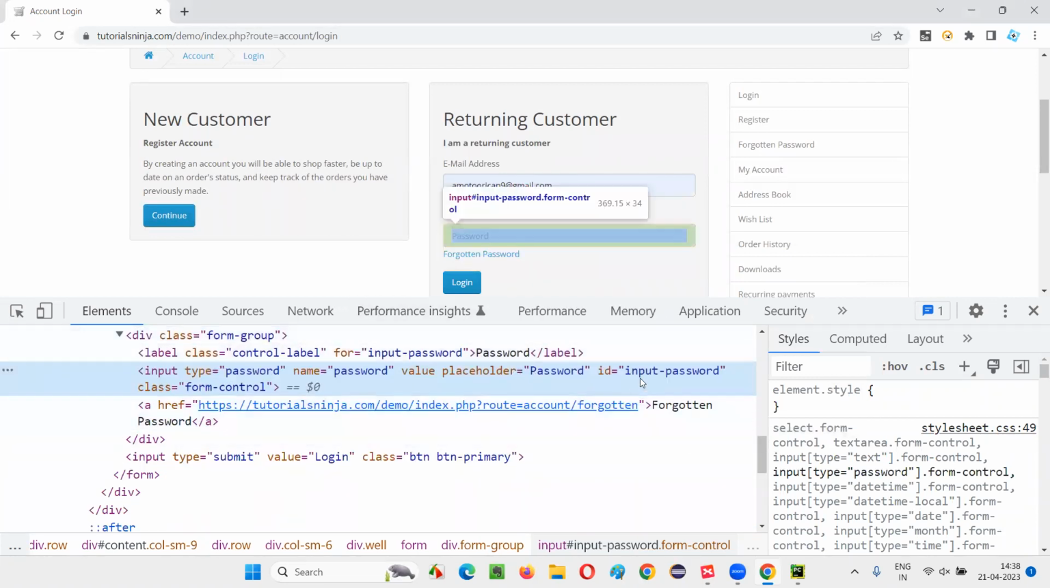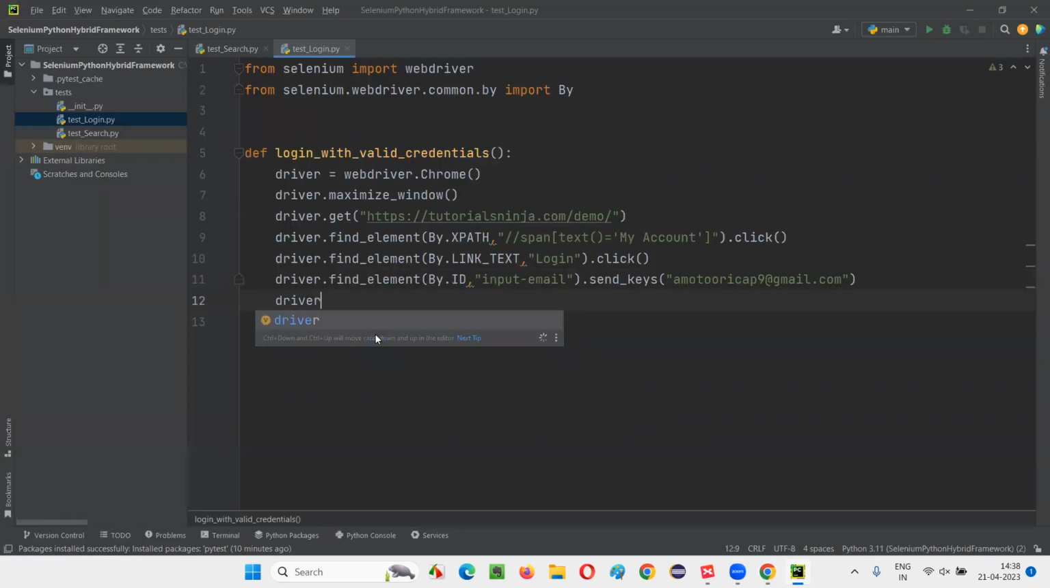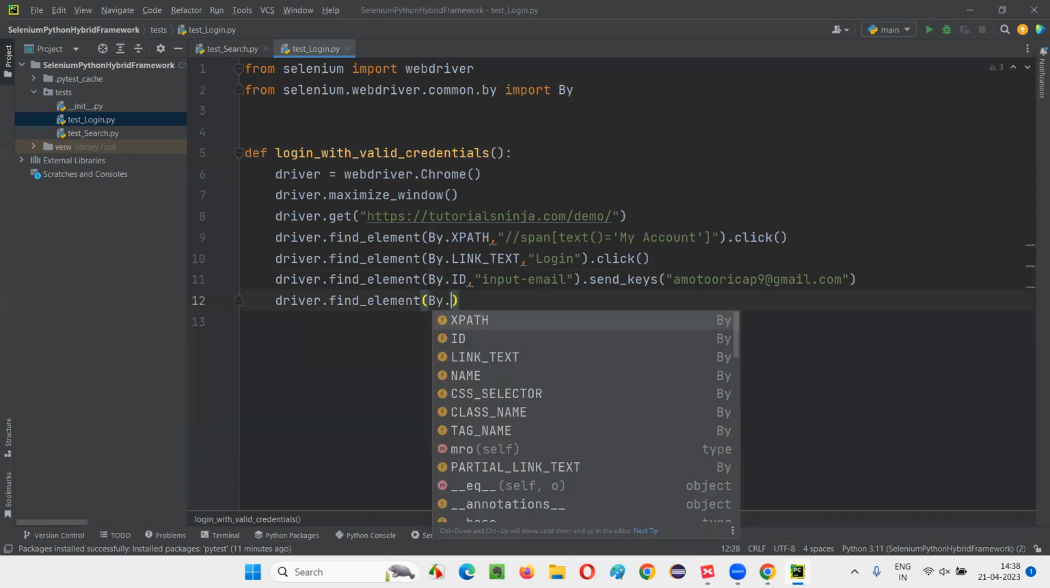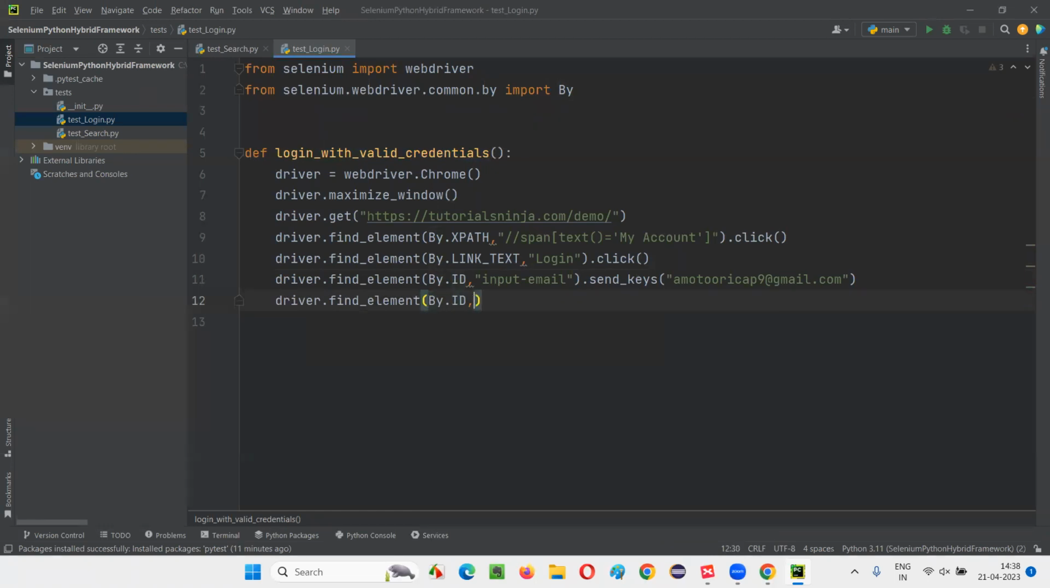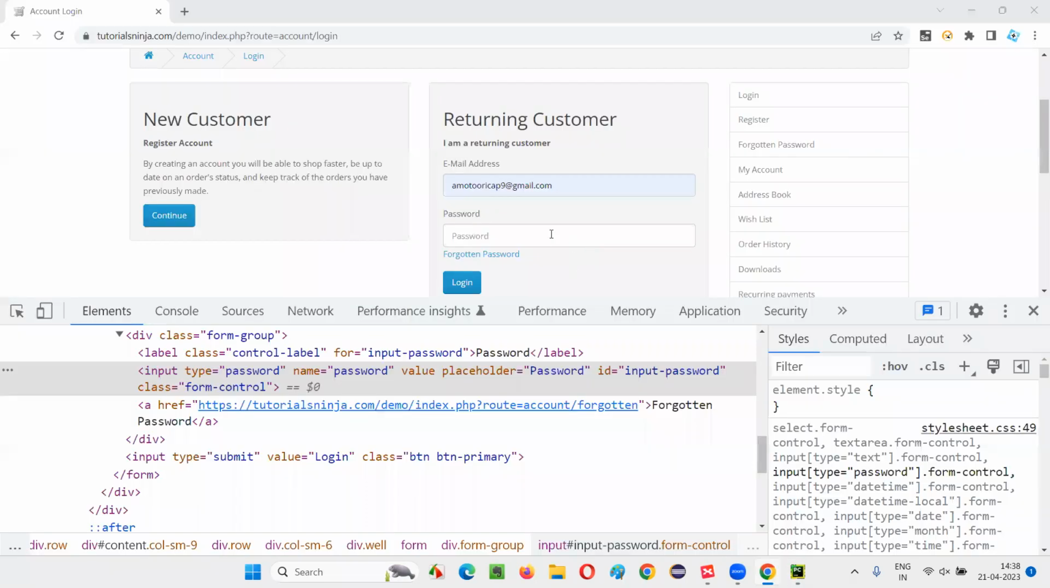Inspect this password field and it has an ID. Copy this. Then write down driver dot find element by dot ID. Give the ID of that password field and say dot send keys. And here give 1, 2, 3, 4, 5, which is a valid password. So we have to enter this valid password as 1, 2, 3, 4, 5, and we have to click on